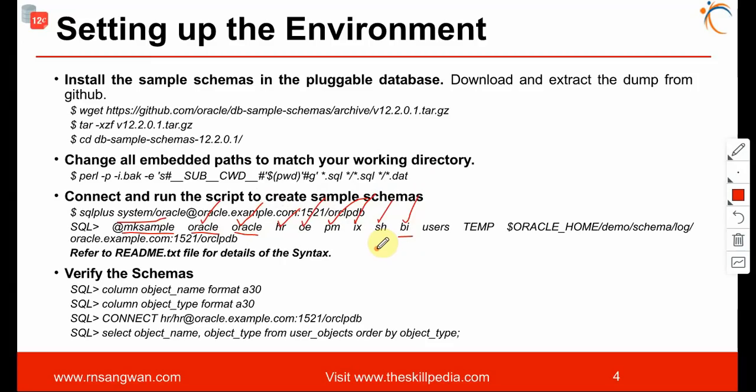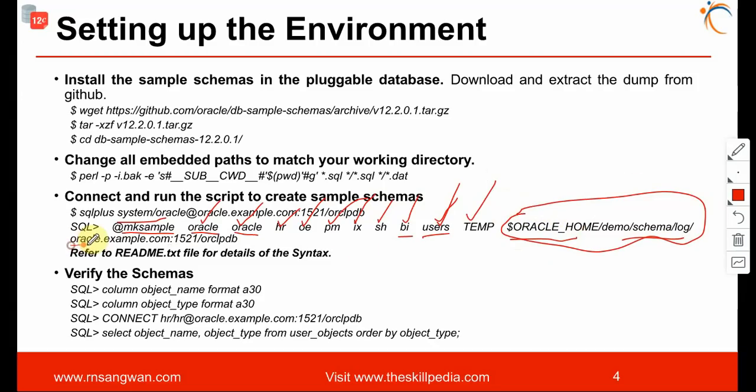All these schemas will be created correspondingly, the same users will be created, and I have kept it very simple. I have kept the same password so that I don't get confused with so many users about which password belongs to which user. I've created this, and this is the user tablespace where they will be created. Every schema must have a temporary tablespace. What is the need of the temporary tablespace? You'll learn it in the session. The user tablespace is where the actual tables will be created, the default tablespace, the default temporary tablespace, and the home directory, Oracle home demo schema log, where the logs will be placed. This is the location of the logs.